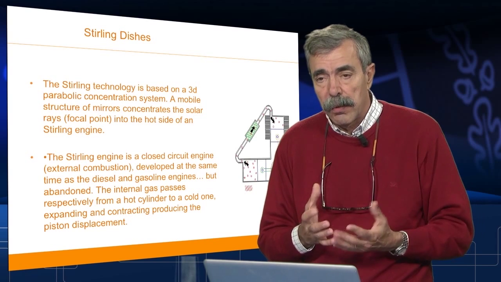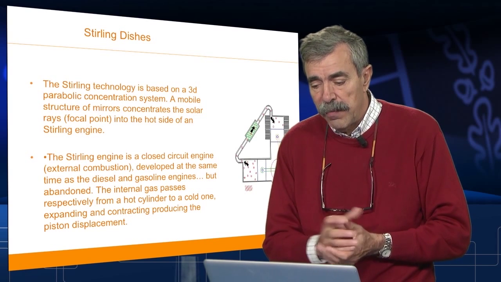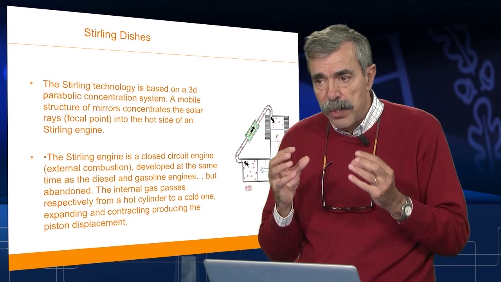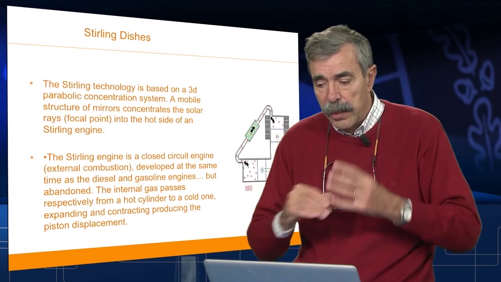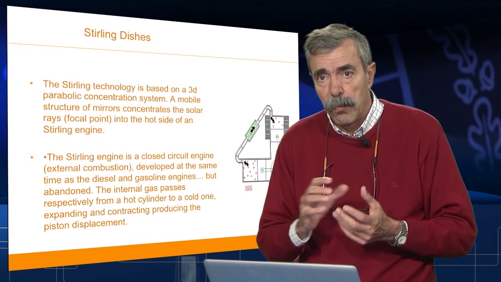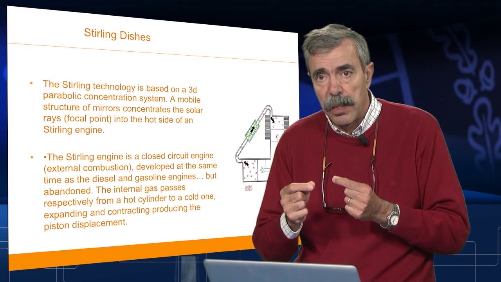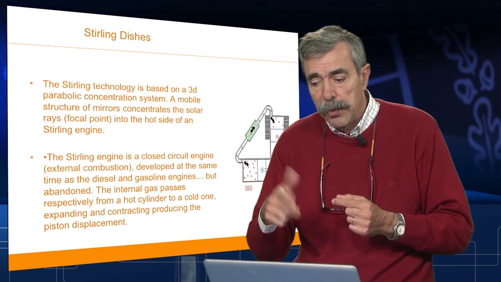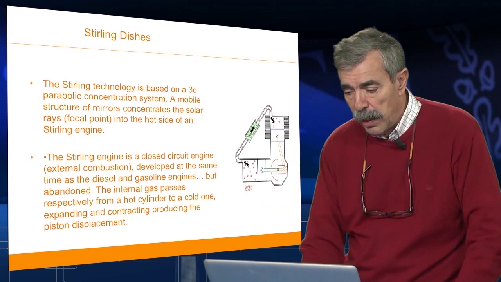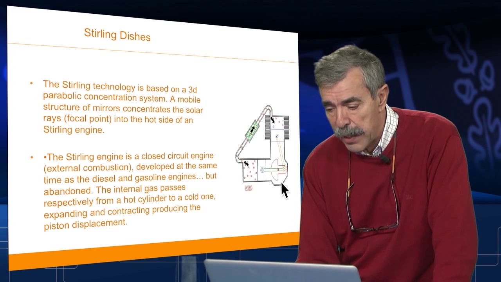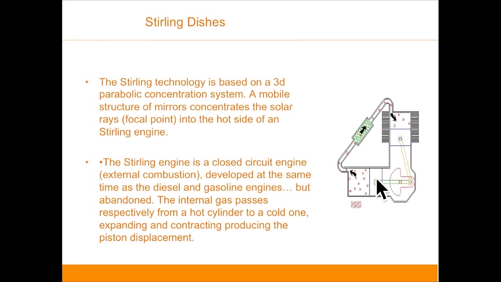So it's an externally heated device, and it's the gas, internally allocated in different parts of the motor, that forces the flywheel to rotate. It is composed of two pistons, two cylinders. One of them is the one which is heated, obviously, in the case of CSP applications,